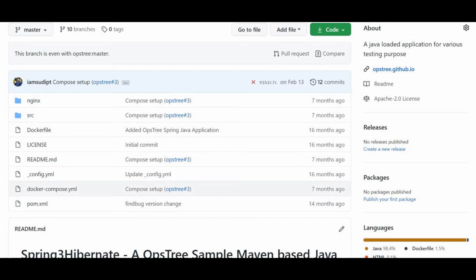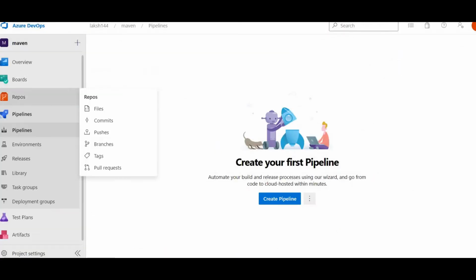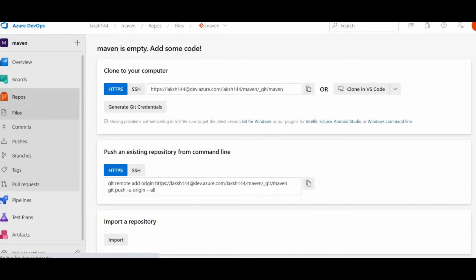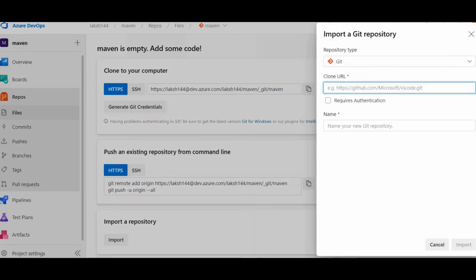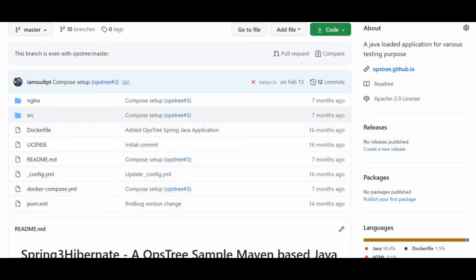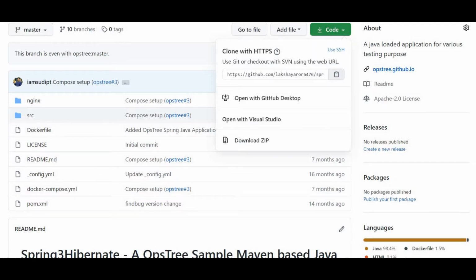And we will not be dockerizing this application. I will only show you as of now how you can build this project. So first let me go to my Azure repos and I will import this repository. Go to repos, click on this drop down, import this repository, and I need my repository URL.